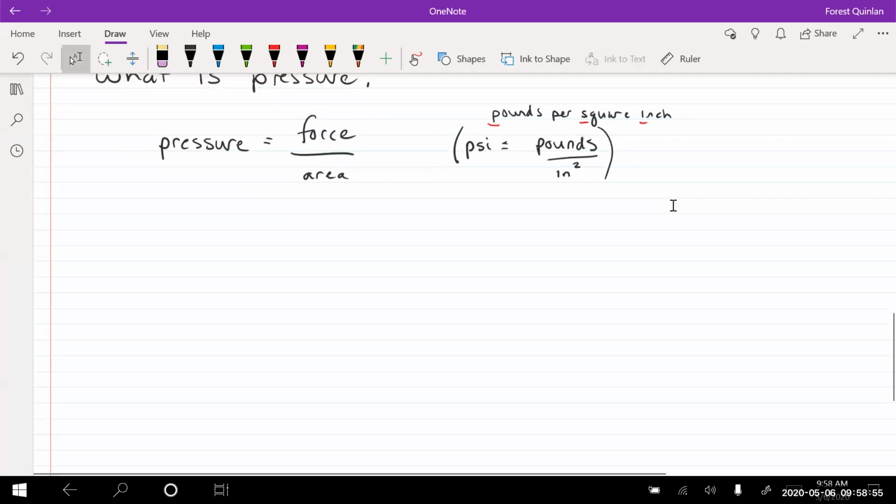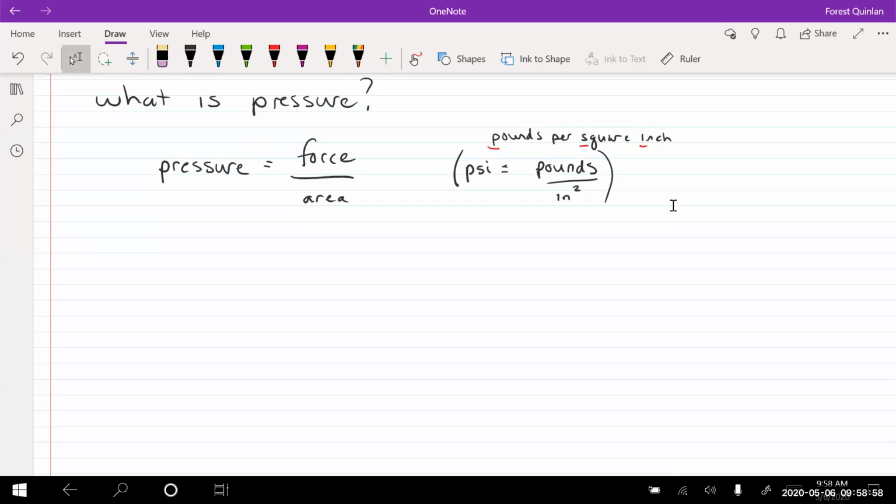Now, for anybody who's watched any of those cool documentaries about different cultures, you might have run across these people that lay down on beds of nails. And you may have noticed that you almost never see them when they're getting onto the bed of nails, and maybe not even when they're getting off. You just see them laying on the bed of nails and think, that seems like it shouldn't be able to be done. Because I'm pretty sure many of us have stepped on a nail and that nail's gone straight into your foot. So you may be asking yourself, how is it that all these nails aren't just piercing this person? Well,